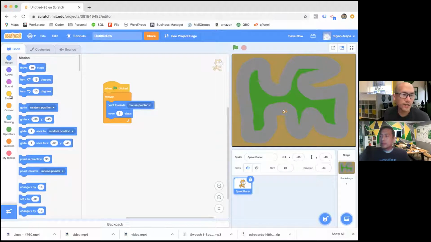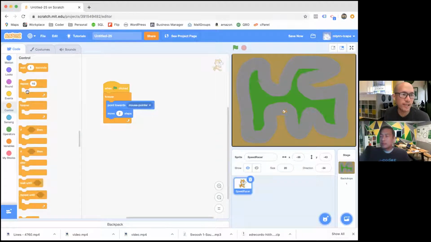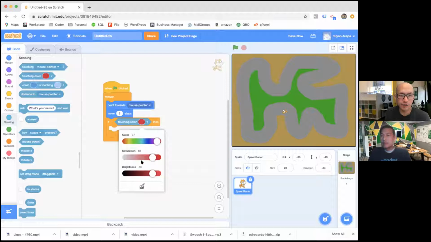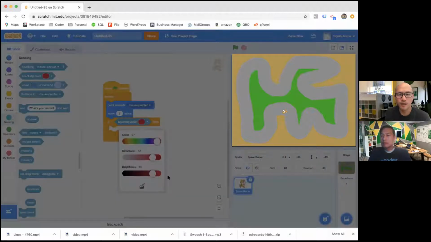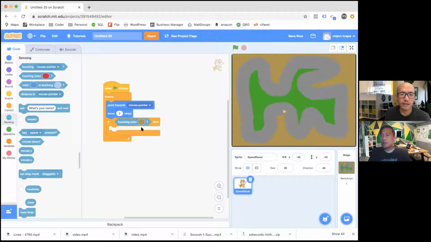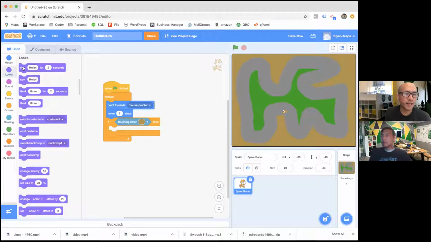All right, our man is gonna start racing around here, but we need to get him some guardrails so that if he knocks himself into the grass or the dirt, he gets punished, gets some punishment. Negative feedback. Right. Feedback loop. All right, so we're gonna do an if-then statement inside the forever loop, making sure it's inside the forever loop. We are gonna sense whether we are touching one color or the other. So we're gonna see if we're touching. So if you guys haven't used this yet, use the eyedropper. And we're gonna sense if he's touching brown. And if this cat is touching brown, we are going to basically give him a penalty by saying,